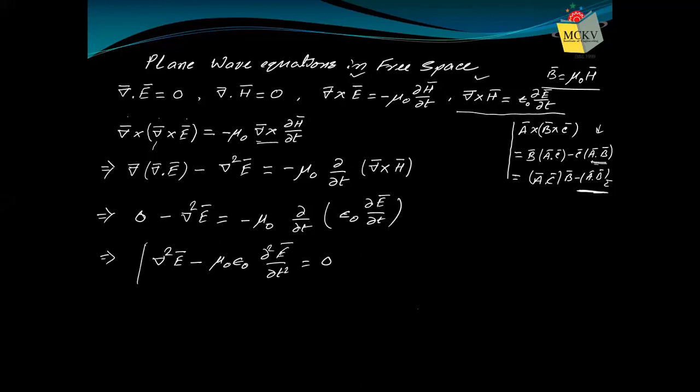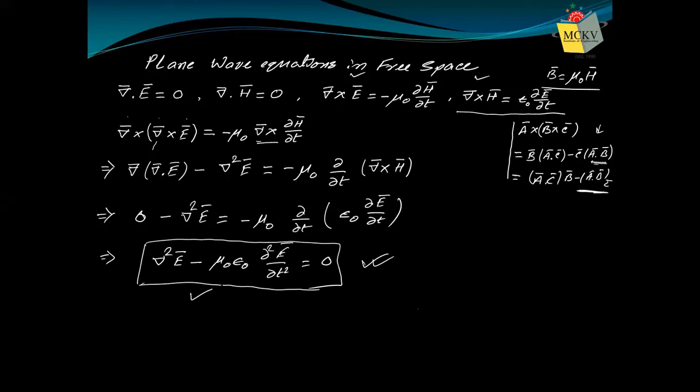Now you observe in this equation we have only electric field. There is no magnetic field. That means we have decoupled the equations. Electric field and magnetic field are now decoupled. But the equation we get is a second order differential equation. That is the price we have to pay. This is the price of decoupling electric and magnetic field. Instead of a first order differential equation, now we get a second order differential equation.